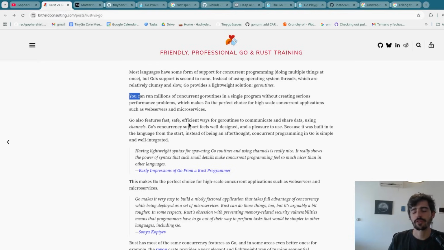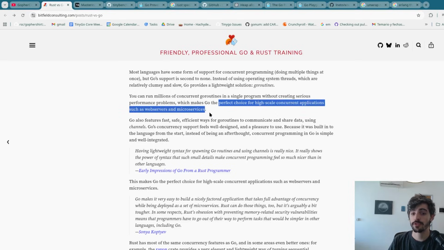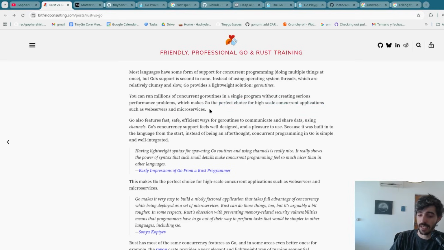I feel like Go struck an amazing balance in terms of simplicity and integration in the language, because it really feels seamless. You can just go any function and it just works. I'd say it's the perfect choice for high-scale concurrent applications such as web servers, microservices, and embedded systems which do mechanical system manipulation.